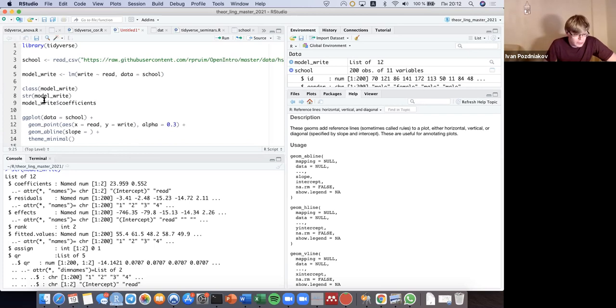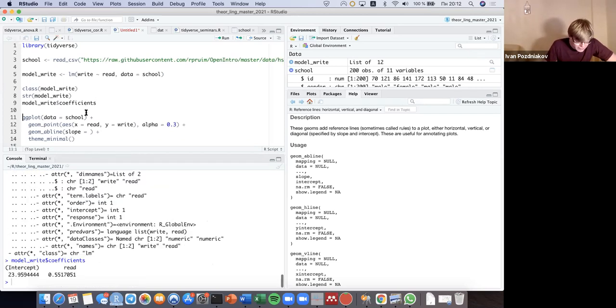So for example, if you want to use these coefficients to draw the line, right? Instead of just copy pasting, which is not really flexible, you can use, for example, here is